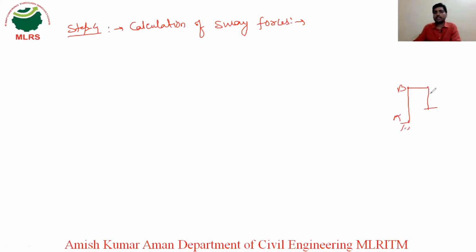we have to take only AB and CD span, this and this span, because these two will be sway. This is your horizontal member. We have to take only vertical member. So AB and CD. So we have to see in the last problem already I have told you how to calculate this. So we will calculate like MAB plus MBA divided by its length. That will be your H. Okay. For which span? AB span.